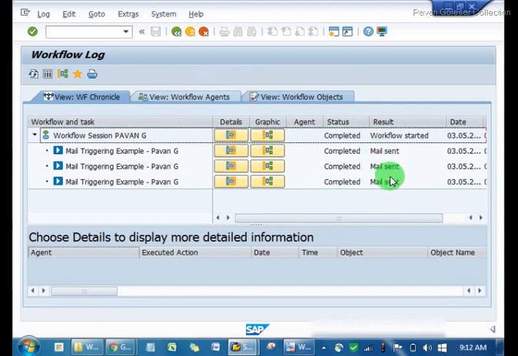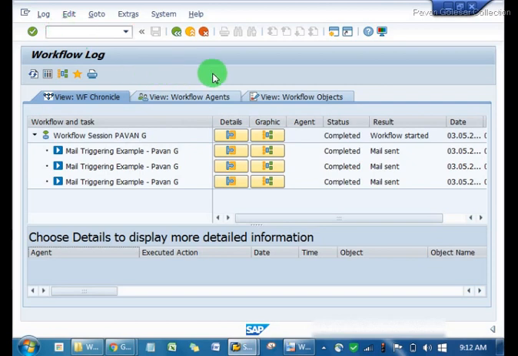The mail has been sent. Most of the time you will face this error, भैया condition सही है, it is creating the work item, but the mail is not sent. I am not receiving the mail. Then what is the problem? So you need to understand, boss, which step is not executed. So out of this whole workflow, where it is not triggering, that is the question.